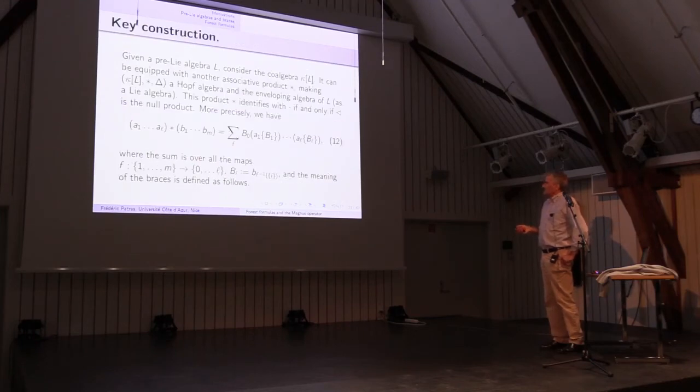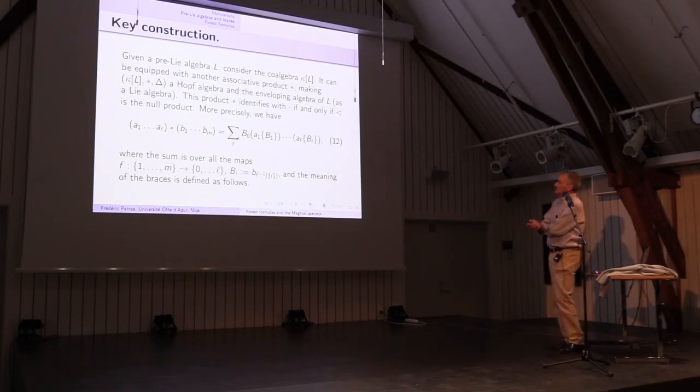So technically, the very important point for what I'm going to explain, I will have to run because I'm late on the slides. Probably I wanted to say too many things. If you have a Pre-Lie algebra, it's in particular a Lie algebra because there's this forgetful functor from Pre-Lie algebras to Lie algebras, and so you can define its enveloping algebra. Usually there's a standard way to do the construction of the enveloping algebra, but in the particular case of a Pre-Lie algebra, you can give a very specific form to the enveloping algebra.